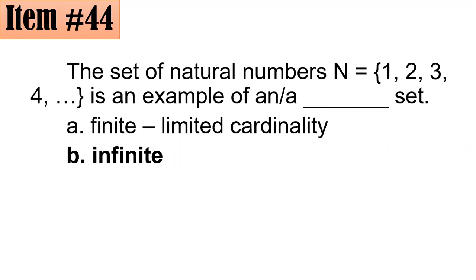These 3 dots are what we call ellipses. And after the ellipses, you cannot see another element. So this is telling us that the pattern continues indefinitely and that it has an infinite or unlimited cardinality. Hence, the set of natural numbers is an example of what we call